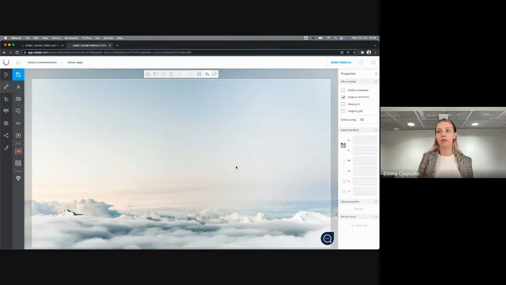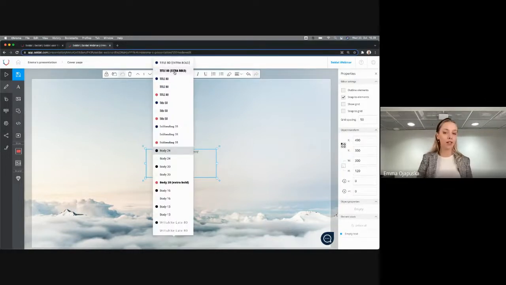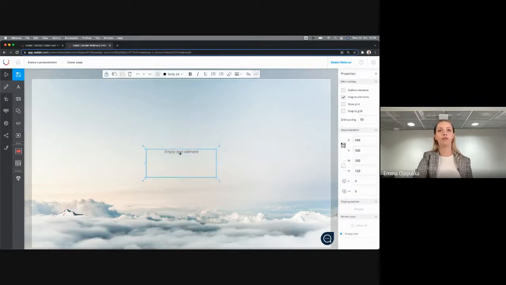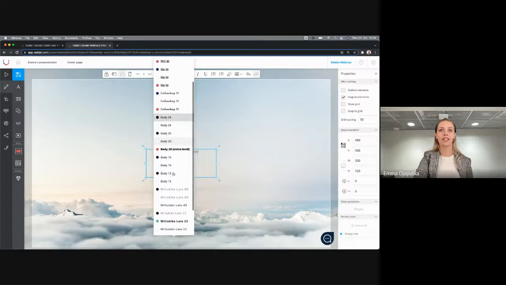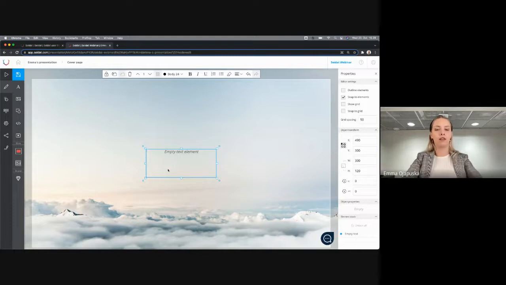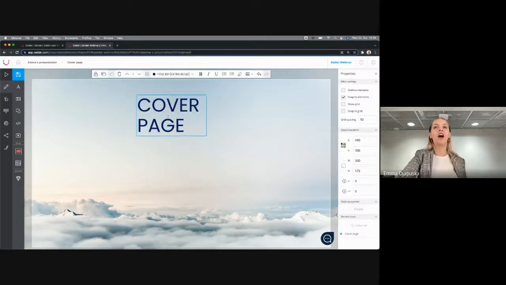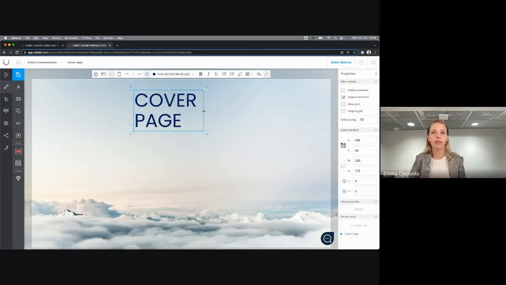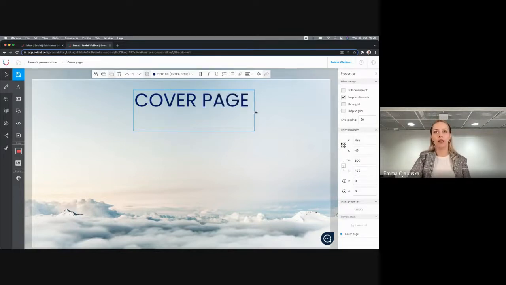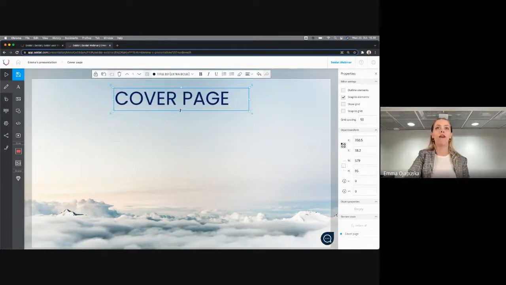Now I'm ready to add a title for my cover page. I'm gonna press add text, then choose the text style I want to have from here. So I pressed from the middle. Here you have all the text styles and fonts that you have in your team. And we're gonna take the title text and then write cover page. Now I didn't press it hard enough, so I'm gonna press it again. Here we have cover page extra bold. All right, this is now in 2 lines. I want to make this a little bit wider so it's in one line,